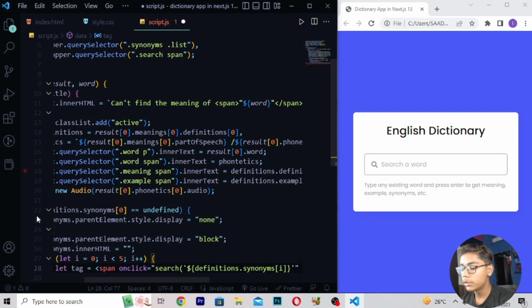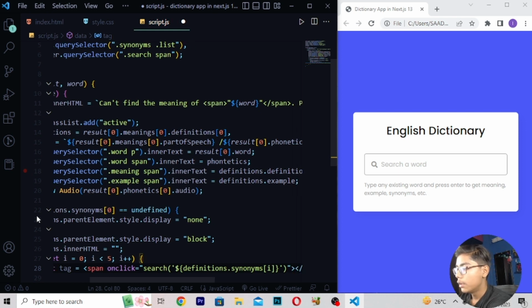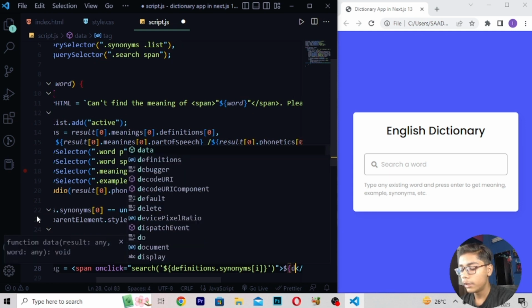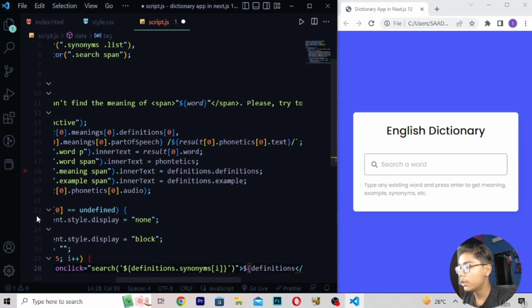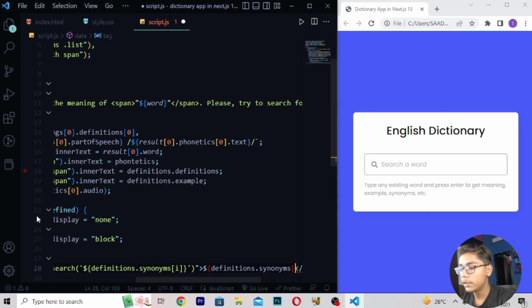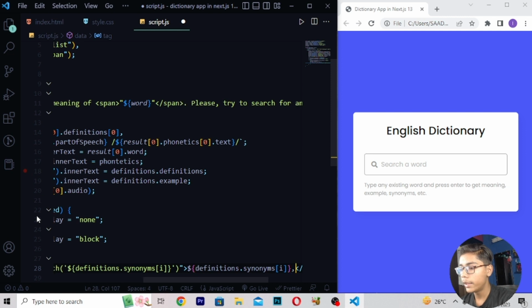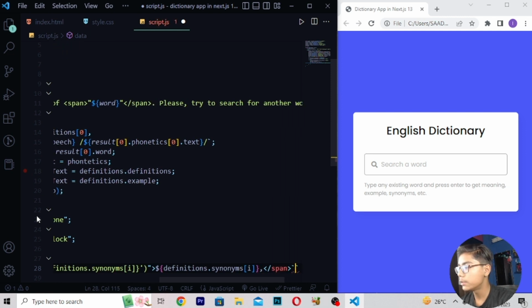Now here you have to close this tag, close this bracket from here, then write like this thing. Now when you've written all this stuff, here I will be moving here at the back, then you have to just do one thing, here I will be writing this tag again, then right here definitions, then you have to write here dot synonymous like this, then right here this tag again like this, close this curly bracket here, right here comma, and then you can see this is the span tag here.